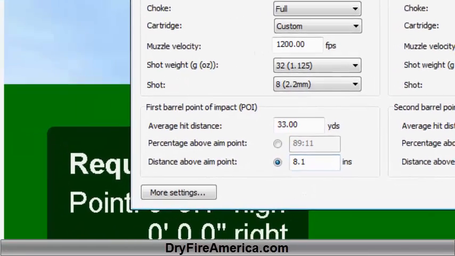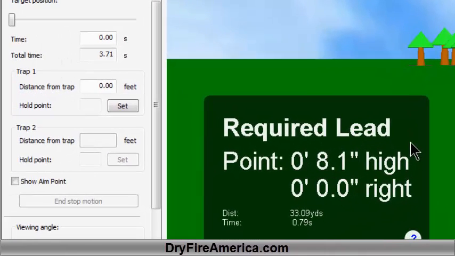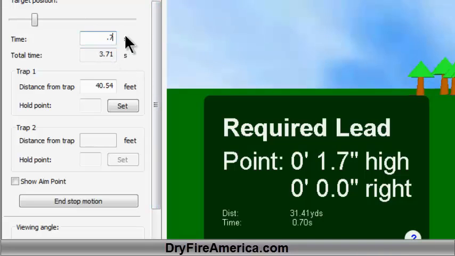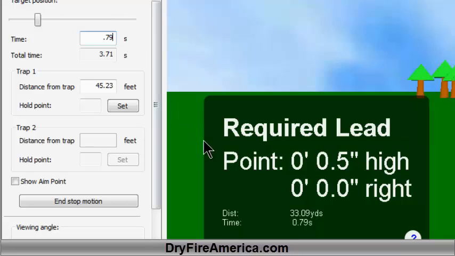I'm going to say OK, and then to get this box to recompute based upon that new information, I have to come up to the time window, highlight it, and put in 0.79. And when I do that, notice it says with this new point of impact that you have in your gun, which was 8.1 inches, you still are going to have to aim a half an inch higher